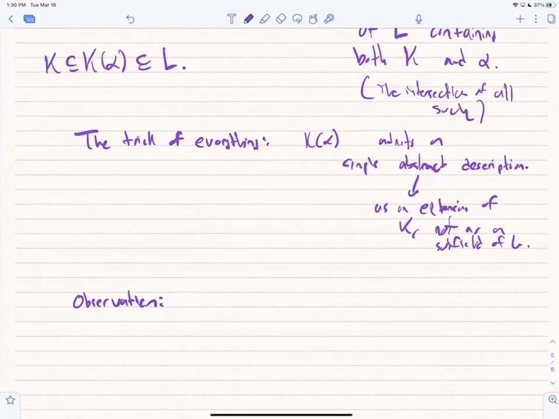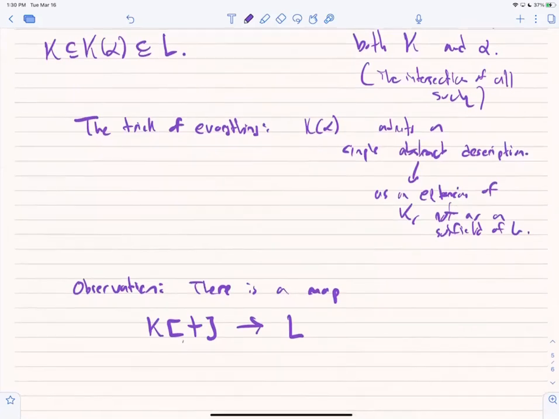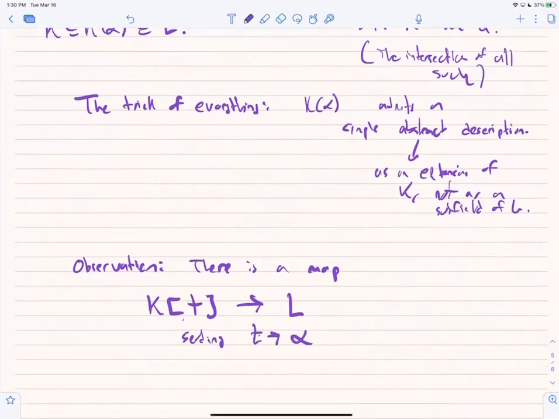So I have a map from K adjoin T. Let me take a polynomial ring in one variable, I'll call that variable T. You could just easily call it X if you prefer. There's a map from K adjoin T, the polynomial ring in one variable over K, to L, sending T to alpha